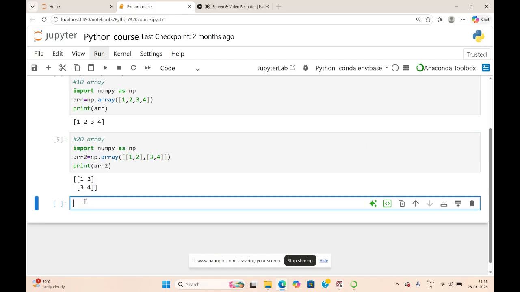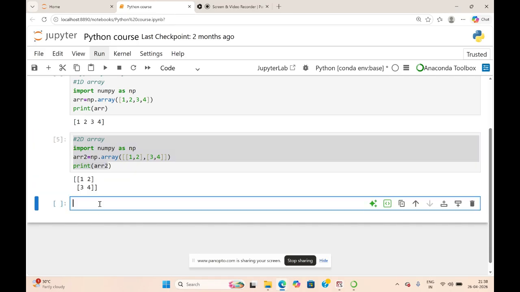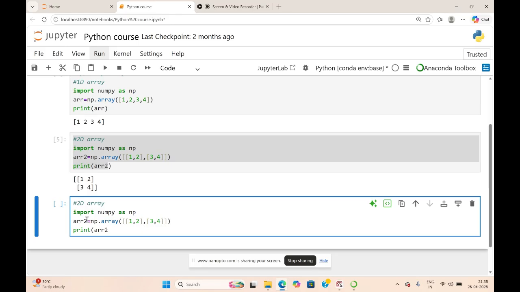Supposing we have to work with a three-dimensional array, we'll have to increase the number of blocks. It is like you have to create the array in three dimensions, namely x, y, and z. So here you will have not only rows and columns, but multiple layers, which includes depth as well.